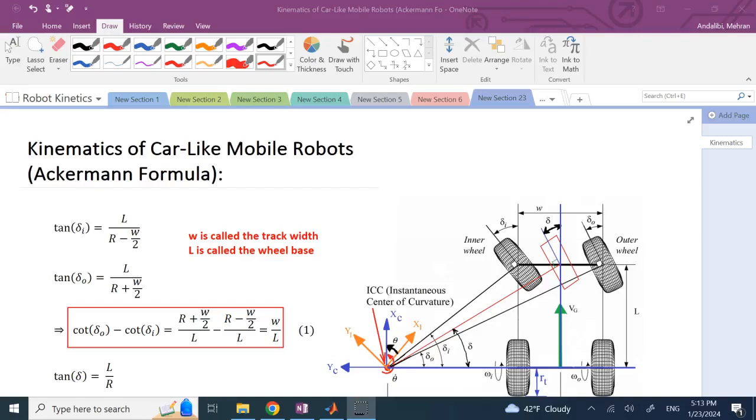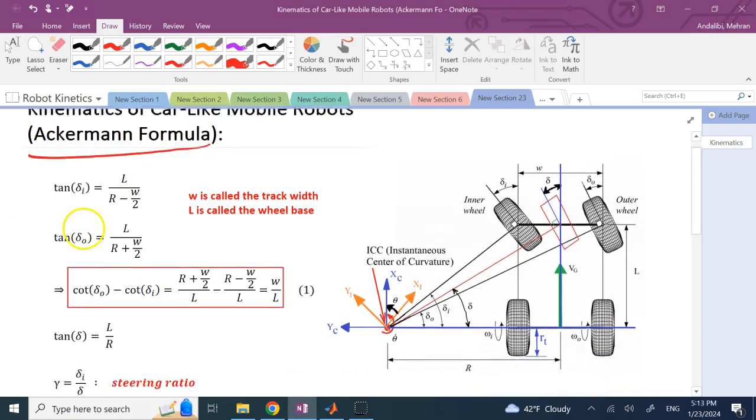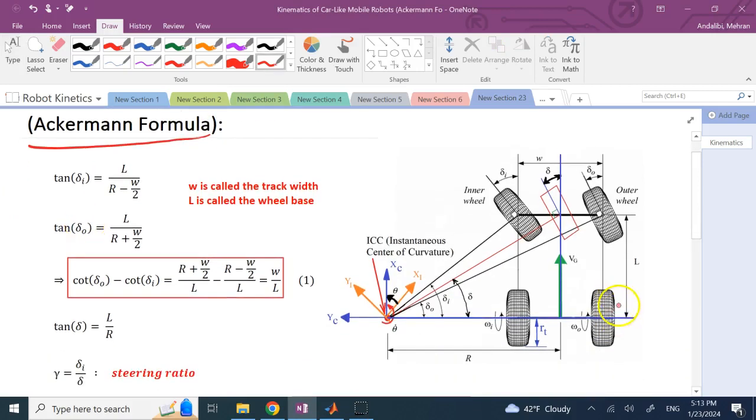Hello everyone. In this video we are going to look at kinematics of what we call car-like mobile robots, or the ones that have this Ackermann formula applied to them. So as you know, in your car, here assuming that the driving wheels are the rear wheels and the steering is done by the front, as most of the cars are,